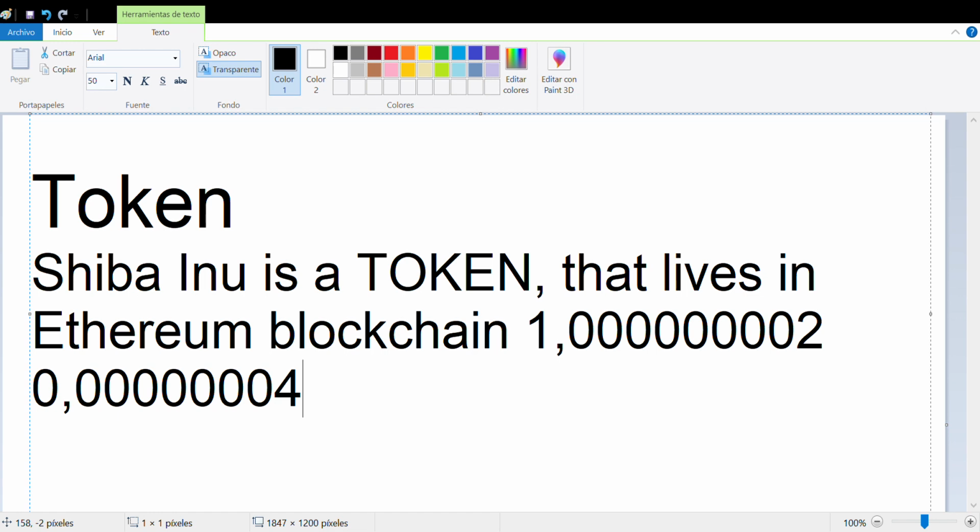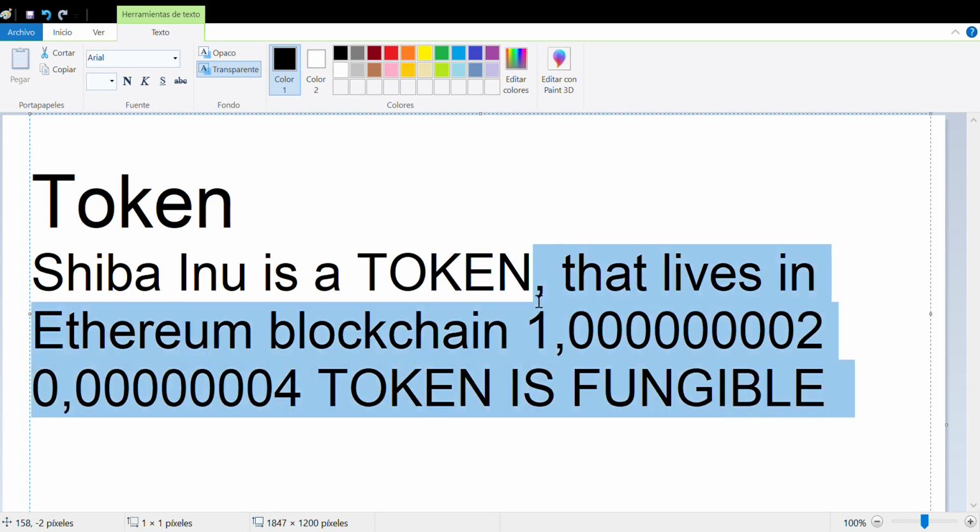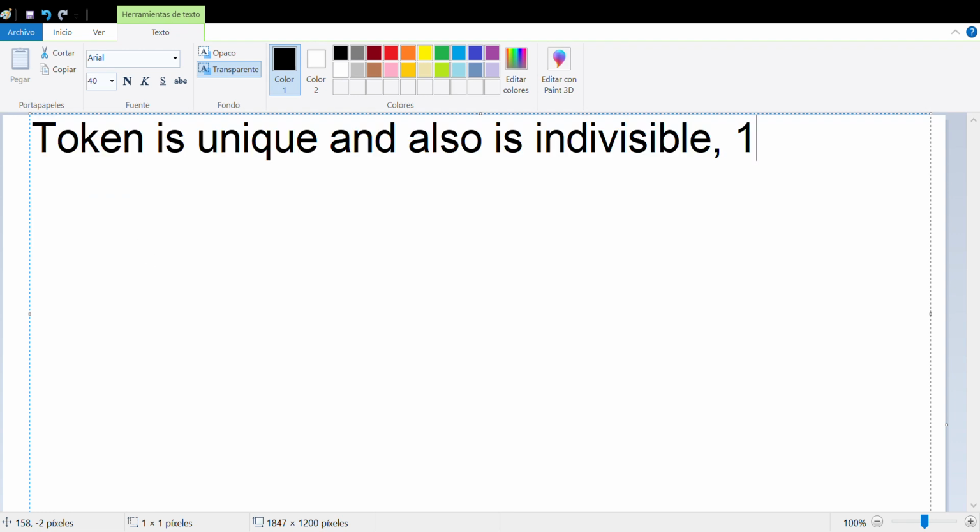A token is fungible. Fungible means literally that you can have fractions of it. So basically that's a token. Token is fungible, right?